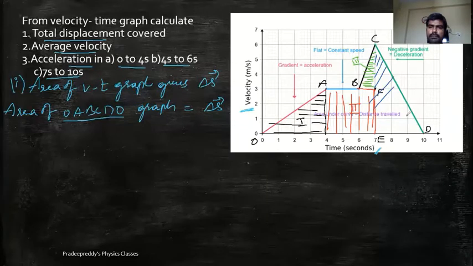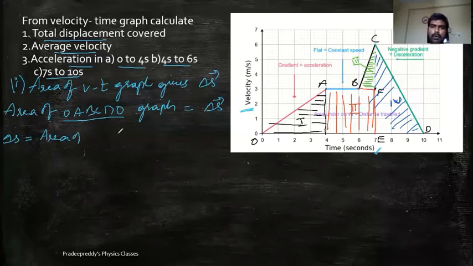This is region 4. You should now calculate the total area. Regions 1, 2, 3 and 4. Now in order to find this, I'll use the basic rules of area of a triangle and area of a rectangle. So delta S is equal to area of